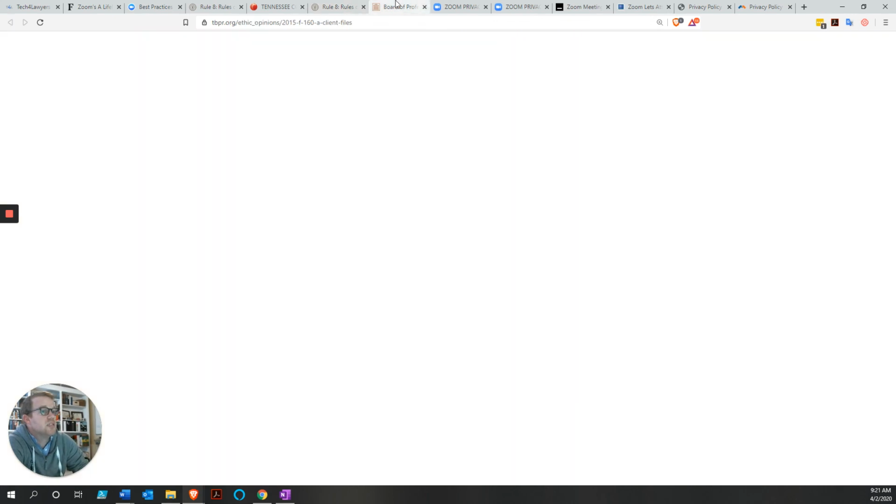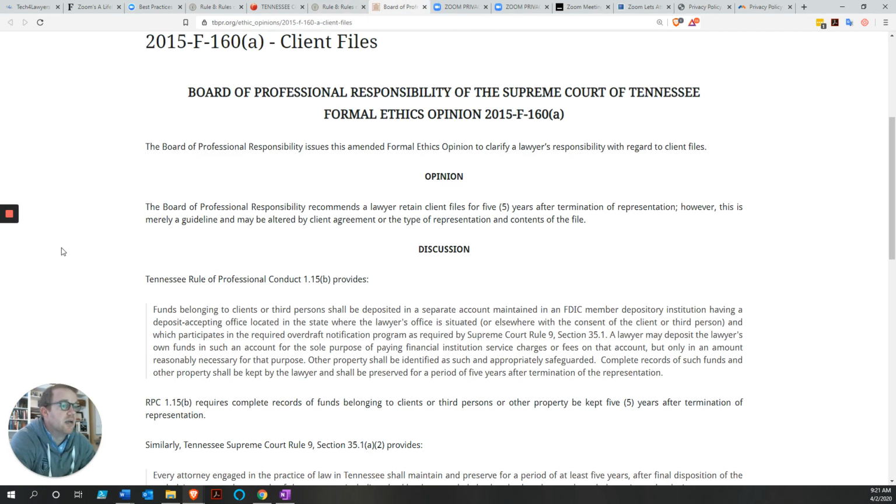And the Tennessee Board of Professional Responsibility has actually put out multiple formal ethics opinions on the 5-year line for protecting our client information. And we can see that 5 years is actually a minimum. It is kind of a bottom line. So you may also have a duty to protect these for more than 5 years, certainly for at least as long as the statute of limitations has run or is running on it.